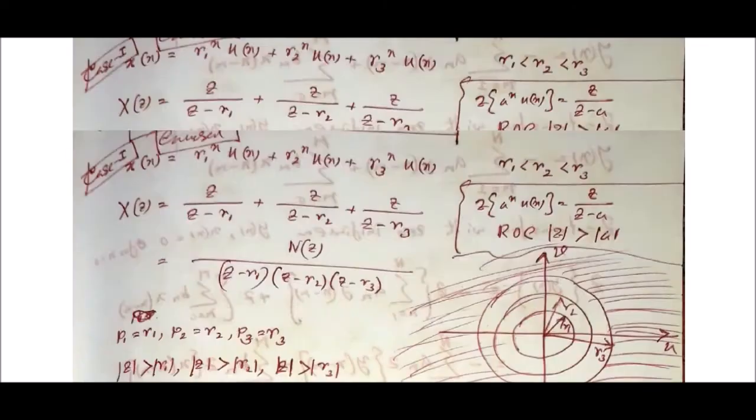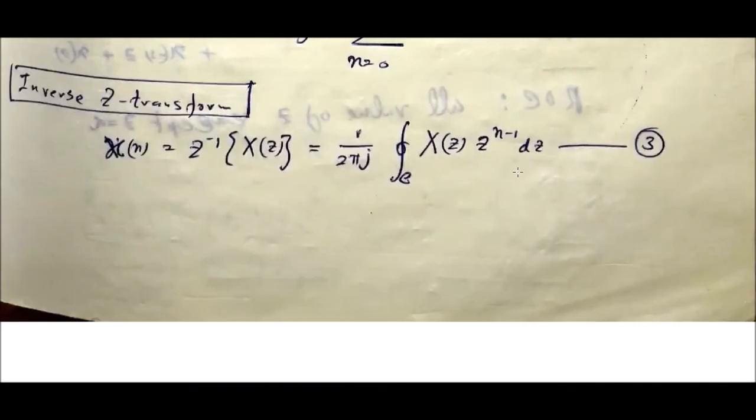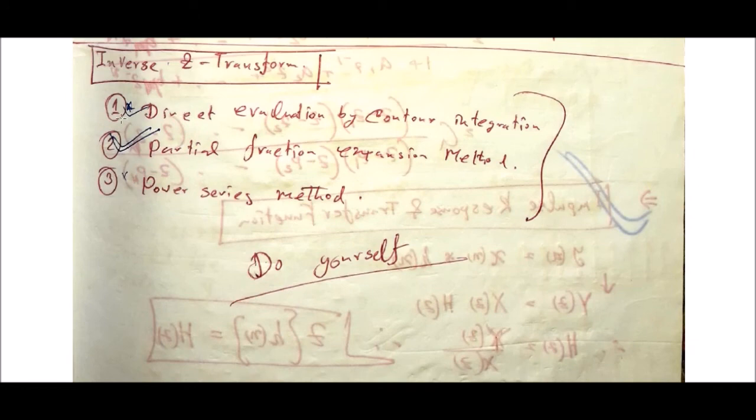Inverse Z transformation. Remember that inverse Z transformation has three methods of solution. The first one is called the direct evaluation of the contour integral. The contour integral is what I had shown on the first page, by which you can get back the time domain signal from the Z domain signal. It can be done by direct solution of this contour integral, which is very difficult, so try to avoid it. Nobody will ask you to do a Z transformation by direct evaluation, and methods will not be mentioned, so you have to use any of them.